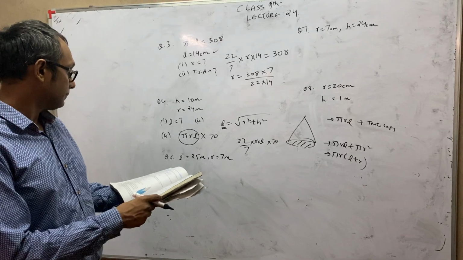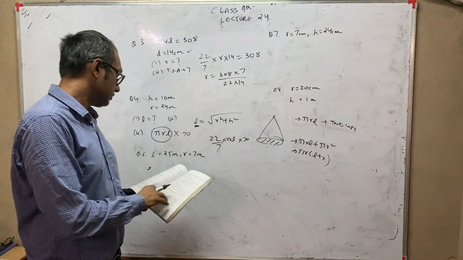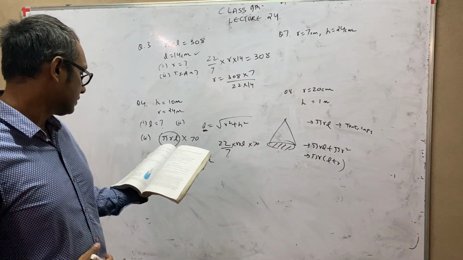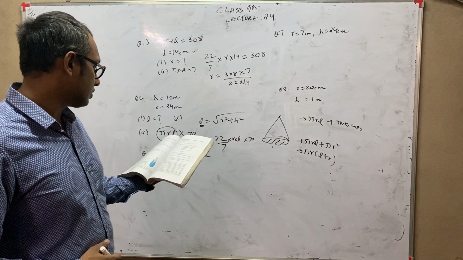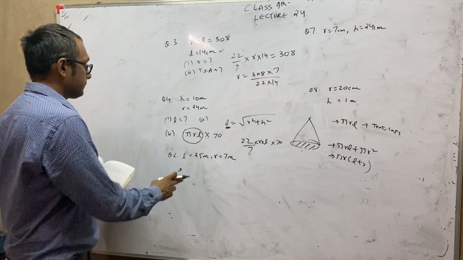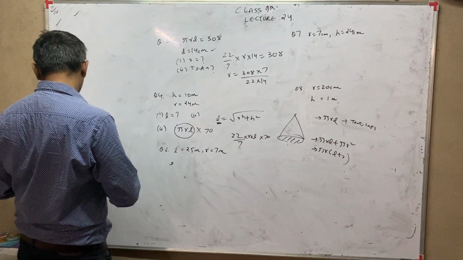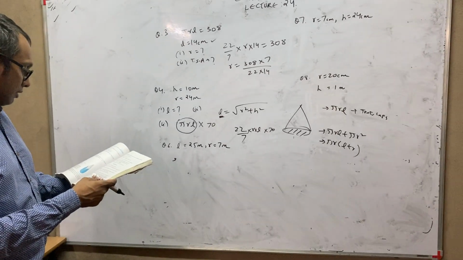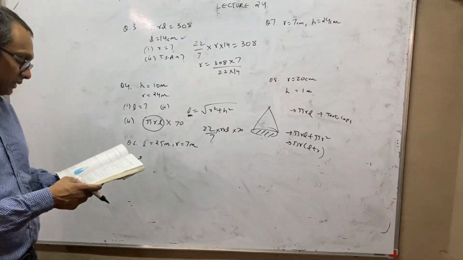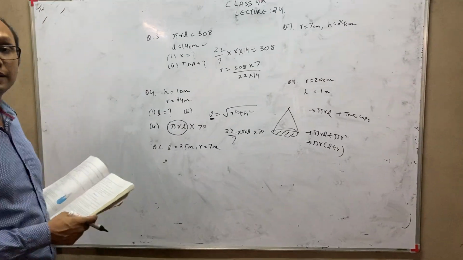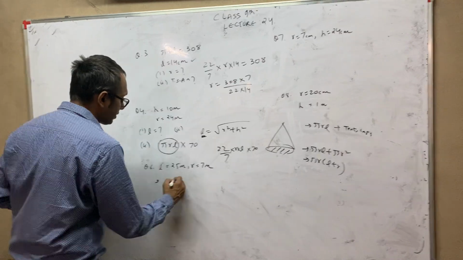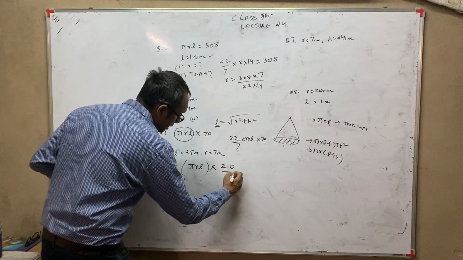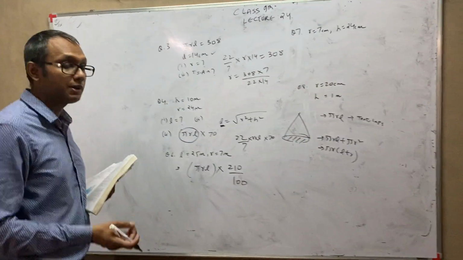Okay, now question number 5 we will just do in the end because it is slightly different. First let us finish question number 6, 7 and 8. Now question number 6, the slant height and base diameter of a conical tomb are 25 meters and 14 meters. Slant height is given 25 meter and diameter is 14 meters, so radius is 7. Find the cost of whitewashing the curved surface area at the rate of rupees 210 per 100 meter square. So first of all, you will obviously find curved surface area, you know the formula, and now you will multiply by 210 upon 100. This I discussed when you were doing 13.1 also.